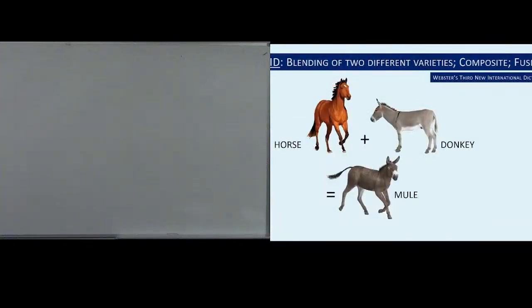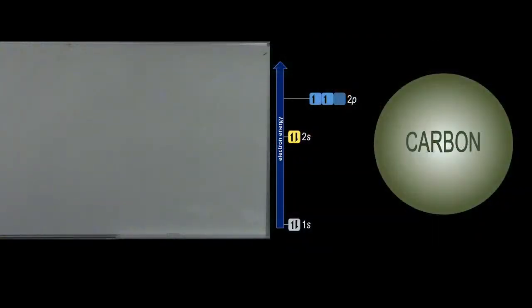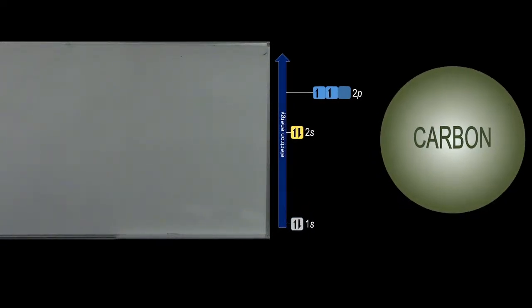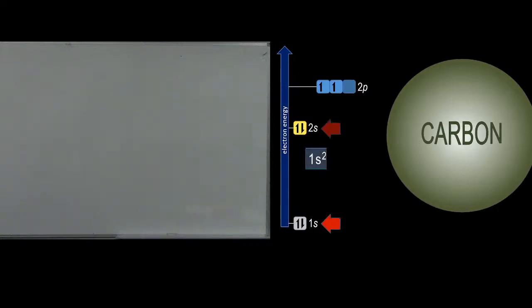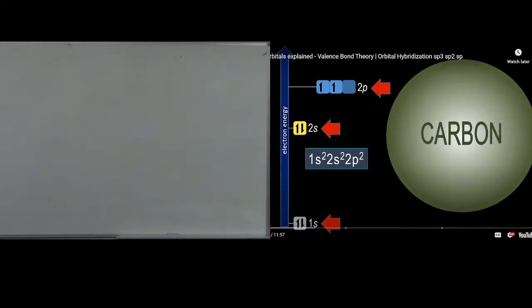Let's take a look at the word hybrid. It is a blending of two varieties. If you get a horse and donkey together, you get a mule, a blending or hybrid of a horse and a donkey. Let's get to hybrid orbital, using carbon as our model. As a single atom, not bonded to anything, carbon has 2 electrons in 1s, 2 electrons in 2s, and 2 electrons in 2p. This electron configuration is the energy arrangement of carbon's